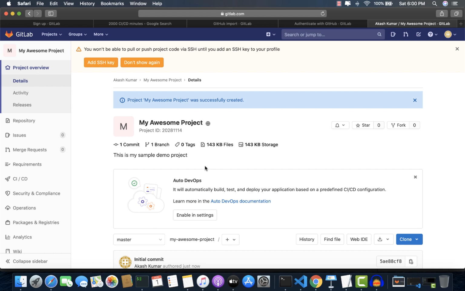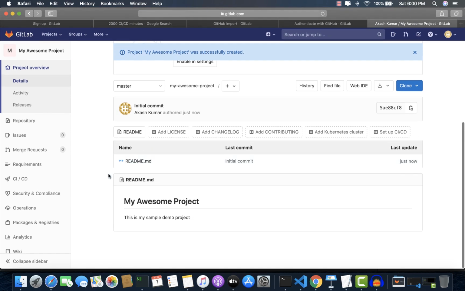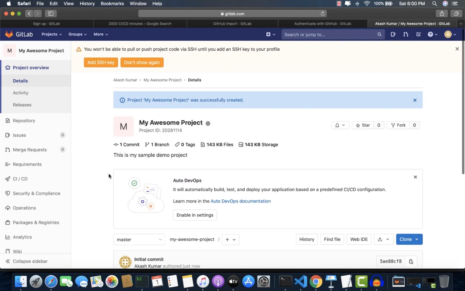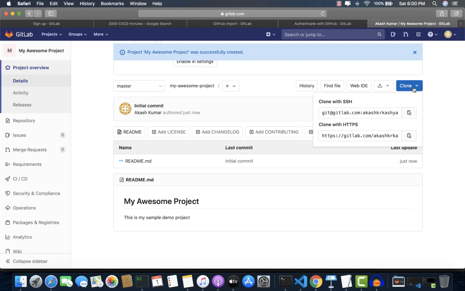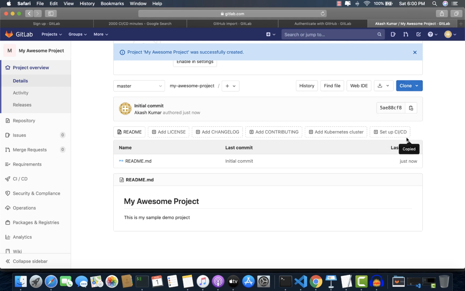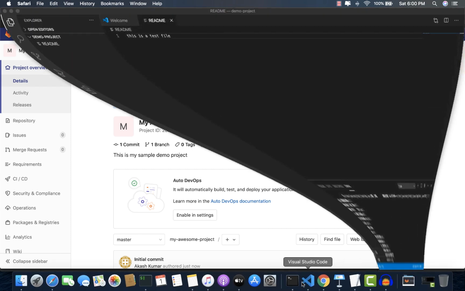After creating the project, you can see over here that our project is being initialized. Let's now clone this particular repository to your local machine and see how we change it. I have VS Code over here.